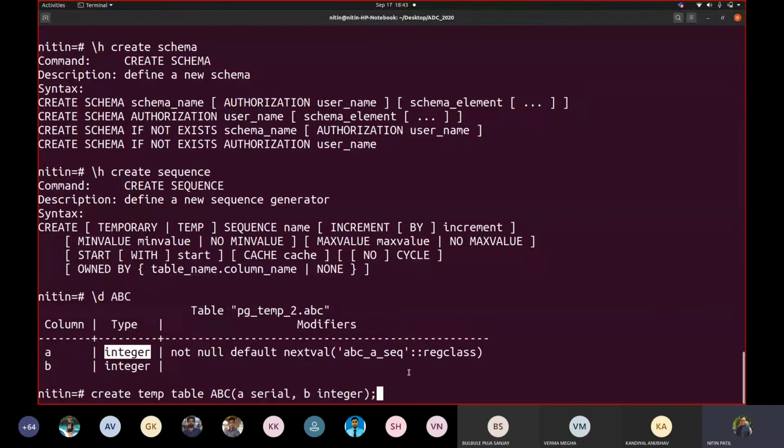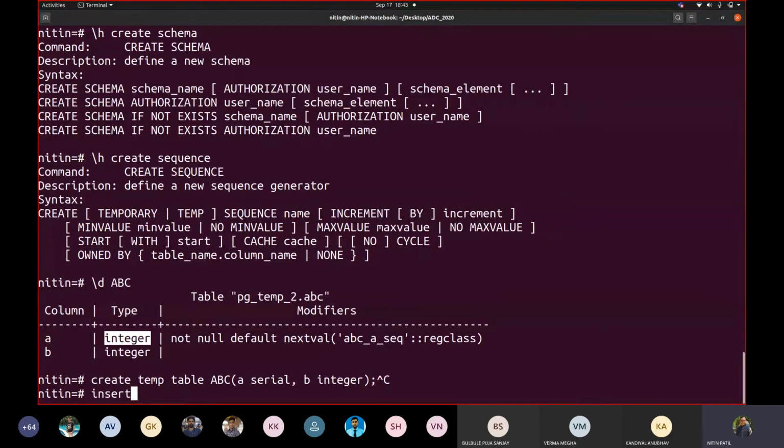Now when I try to insert into the table values, it is assumed that I should not mention the value of A; it should be taken automatically for A. So let me write B, because I want to insert values for B. I will write 10, 20, 101, 103.